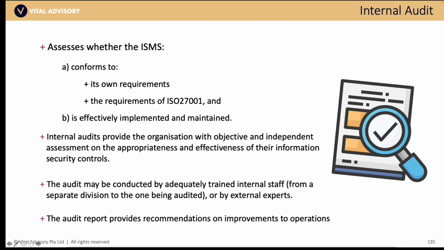But the other part of an ISMS audit is to look at effectiveness, so conformance, and that it is performed effectively. Is it implemented, operated, maintained, continually improved, and all of those words I said at the beginning? So they aim to provide an organization with, and here are the keywords, objective, in other words, done by an auditor who's not involved in the process, and objective and independent. So auditors shouldn't be involved in assessing their own work. Assessment on the appropriateness and effectiveness of the controls and the framework and all of the processes that you're following.